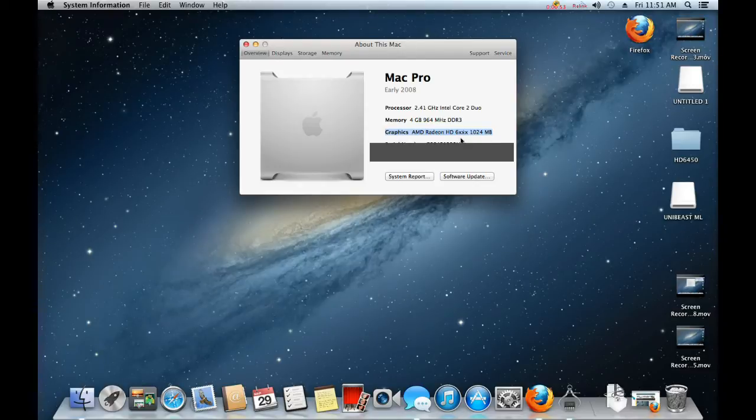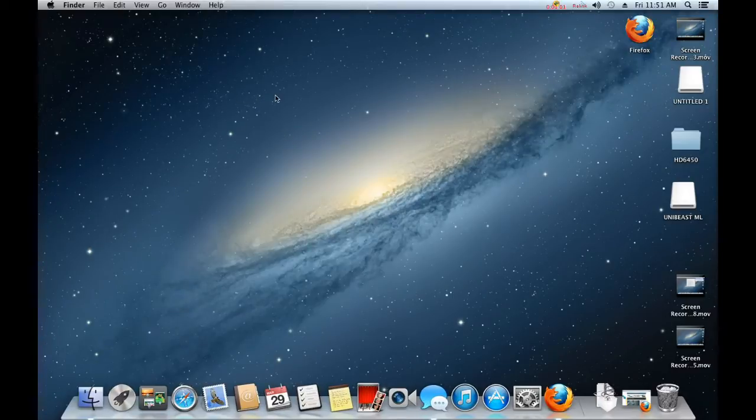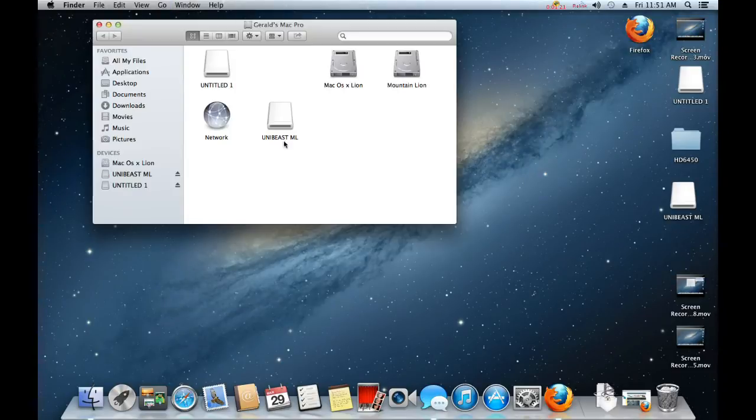Like I said before, mine is a 6450 with 1 GB of DDR3 video memory and stuff, but I had to go through one more step with mine because when I tried to boot up, it wasn't booting properly with the screens connected to the DVI and the VGA port. So what I had to do was go back into my computer,